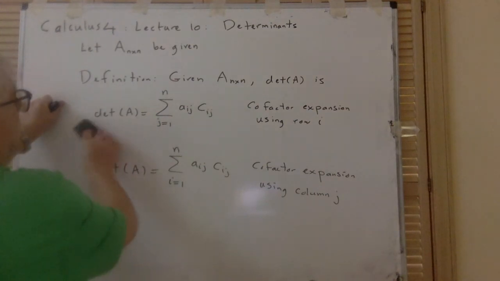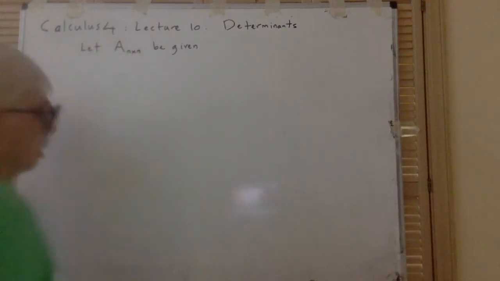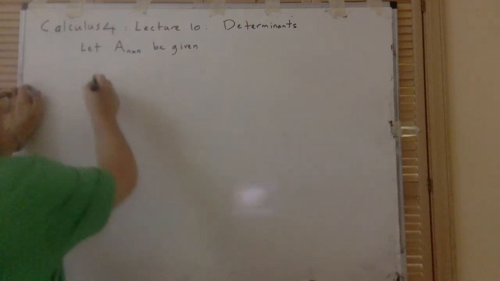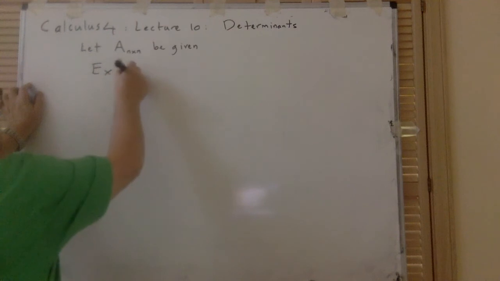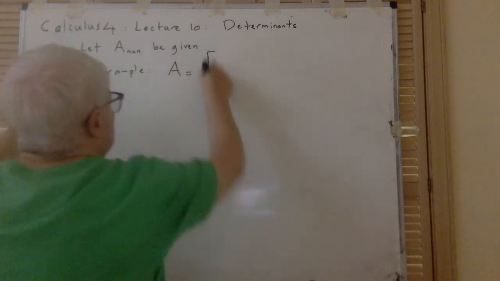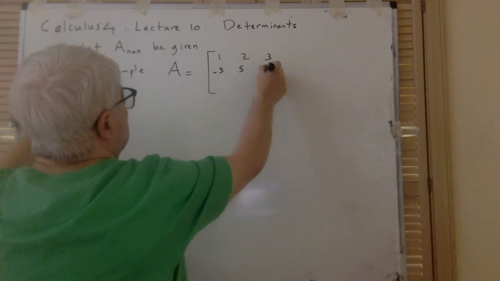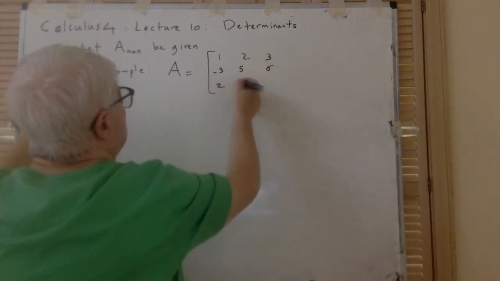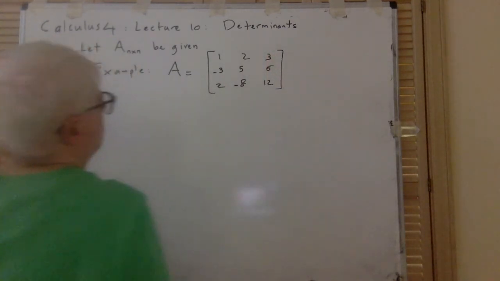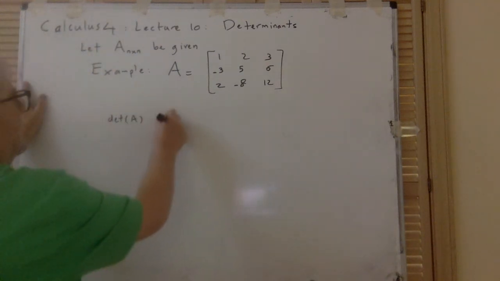But let me give you an example of 3 by 3 and the cofactor expansion. Most often you start with the first row, just by habit. You are used to doing that. So, example, let's say A is 1, 2, 3, negative 3, 5, 6, say 2, negative 8, say 12, something like that. So, determinant of A using first